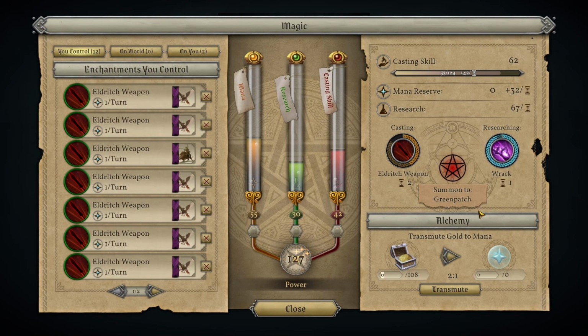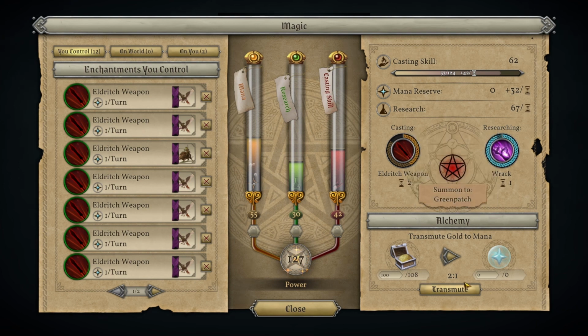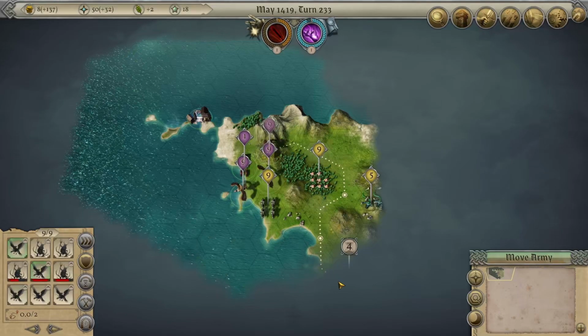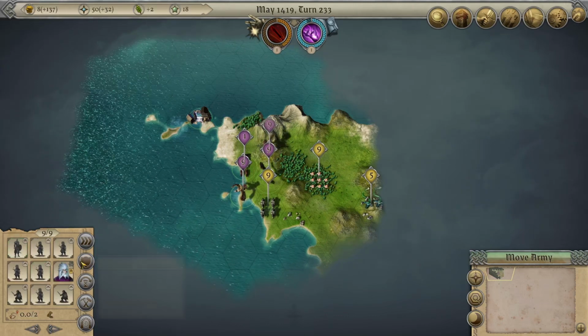Ooh, I barely have any money at all. I just spent a bunch of money, didn't I? Alright, well, I guess we're going to spend all of our money to get a little bit of mana for the next fight, which will surely be next turn. These guys are